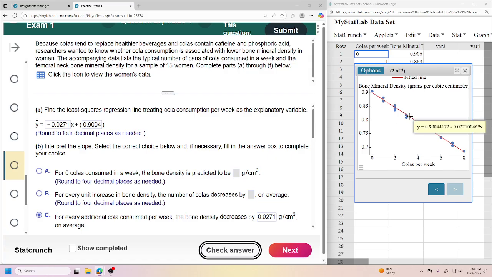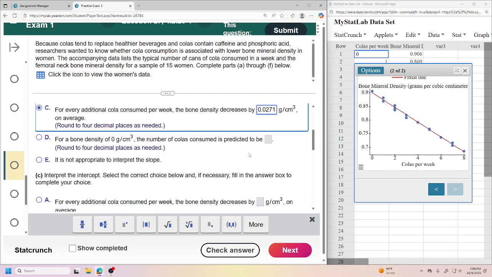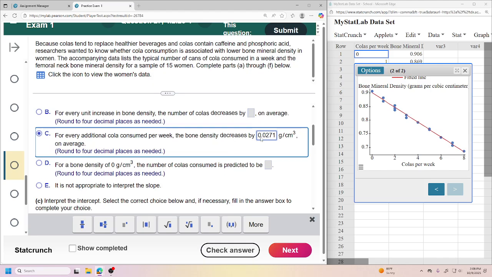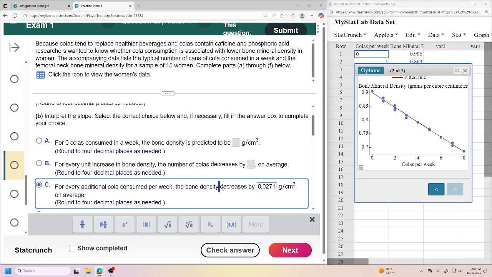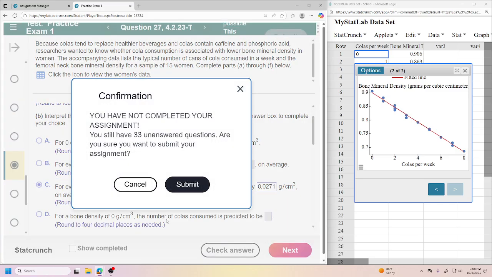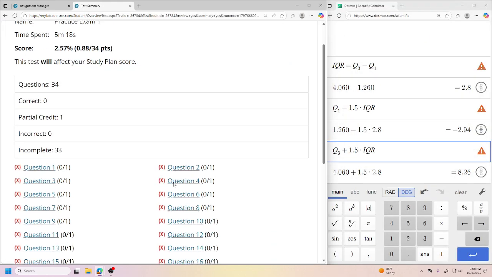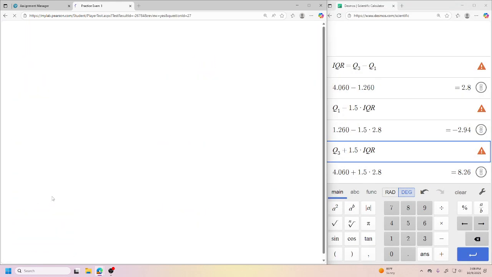The other one's a positive. Oh, right here. It decreases by this much. I think that because it decreases, that's my negative. So yet again, a perfect opportunity. If there's literally one question you want to know what's going on, hit submit. There's nothing wrong with you doing this as much as you like, just to see what they want. I recommend doing this.